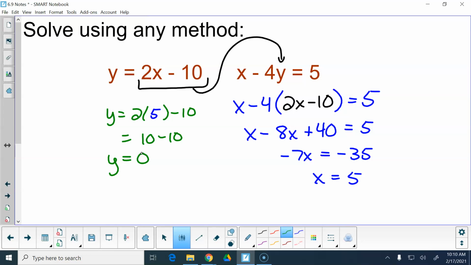Checking it, 2 times 5 is 10. 10 minus 10 is 0. 0 is equal to 0. Yeah,